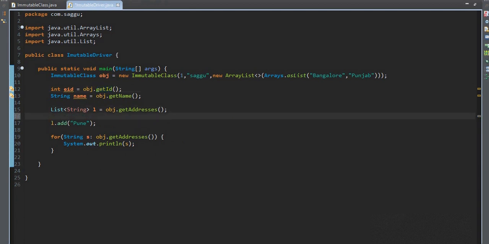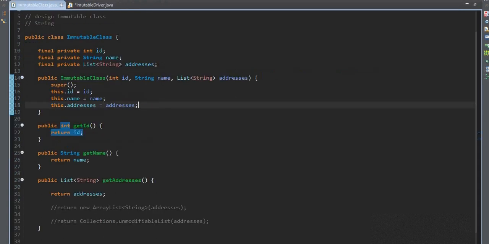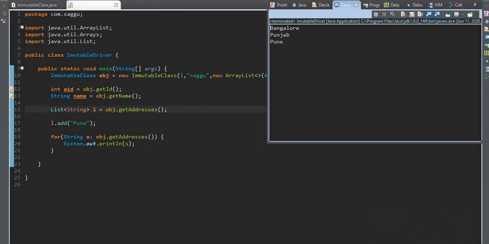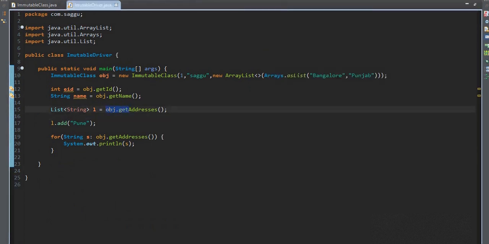Let's see if my class is immutable or not, because I have made all the fields final, right? So its value cannot be changed. Let's see if it's working or not. I'm running the program. You can see here I have called the get address getter.